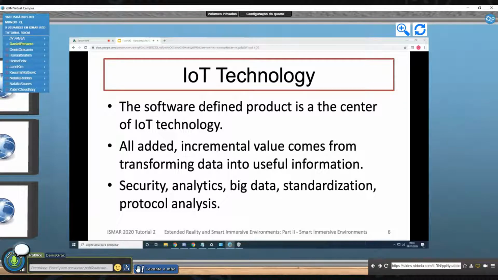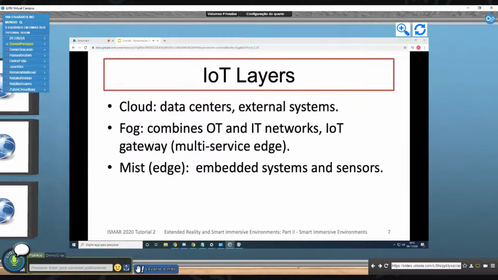So when we are looking at Internet of Things layers at, let's say, very low granularity, we can look at the IoT at the cloud. In other words, we have data centers and external systems. We have many IoT cloud systems, let's say IBM Watson, Microsoft Azure, to name a few. But then from that cloud, when we go down, we are looking at fog,